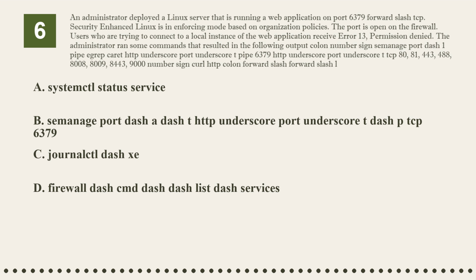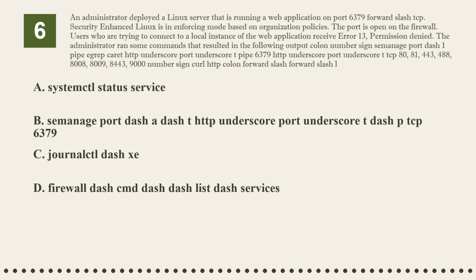The administrator ran some commands that resulted in the following output: semanage port -l | egrep http_port_t | 6379, http_port_t tcp 80, 81, 443, 488, 8008, 8009, 8443, 9000, # curl